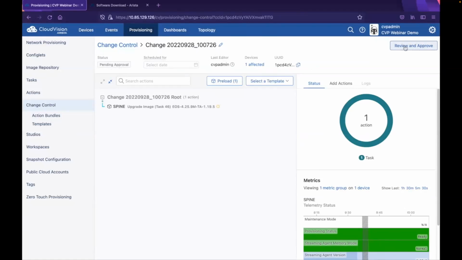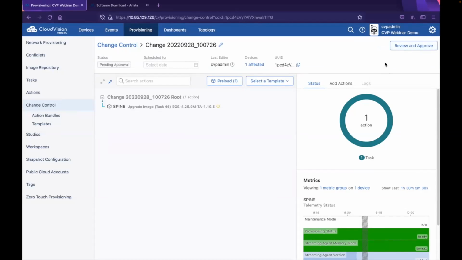This is a very good feature in CloudVision, wherein you have the same level of AAA control, role-based access control, wherein certain users can be denied the ability to review and approve. And only certain users can execute a task. So let's say I have my colleague who has only the permissions to create a task, can create it, but cannot execute it. Only I have the permissions to do it, so I can push that change down to the device.